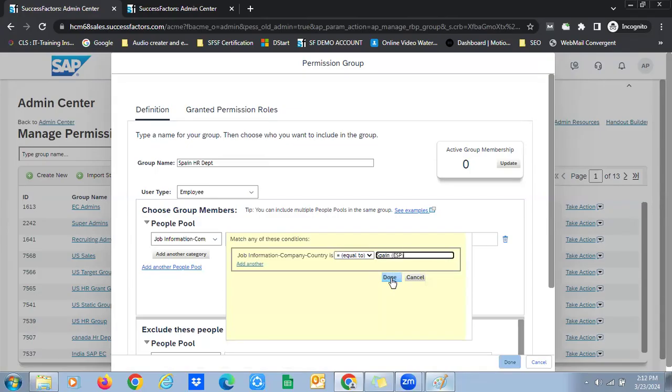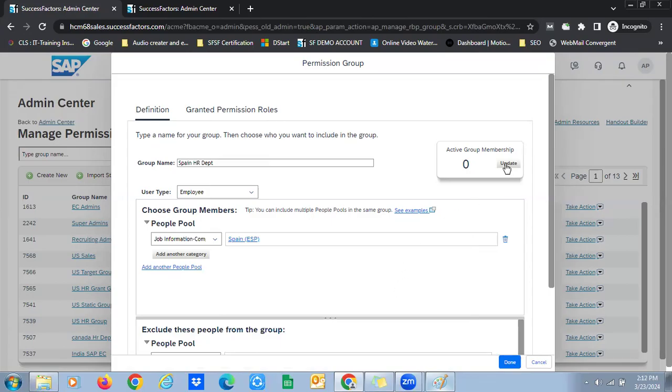And then click Done, and then click Update. So here we have the option of update. Once you click on it, it will show 6 employees. तो यहाँ पे as per this filter, it shows that for Spain, in this system, we have only 6 employees who belong to Spain company. ठीक है? Now, अब इनमें से if I click this,